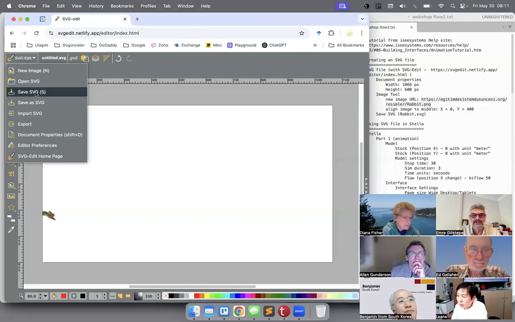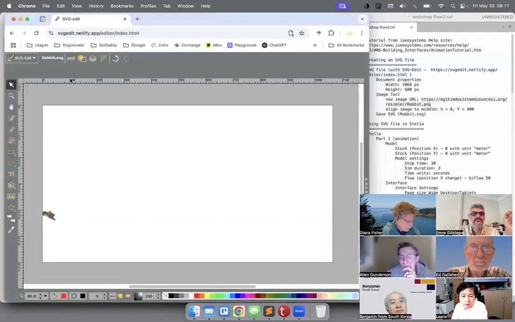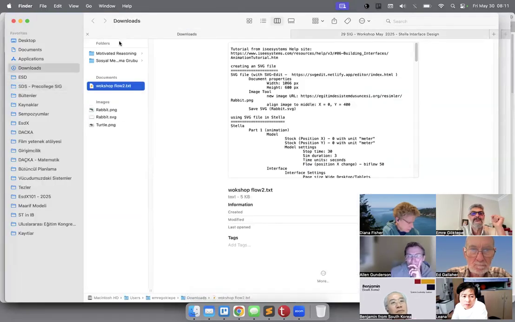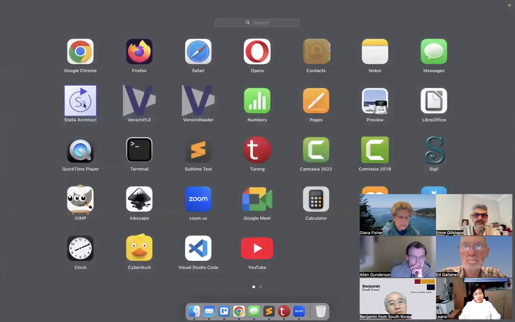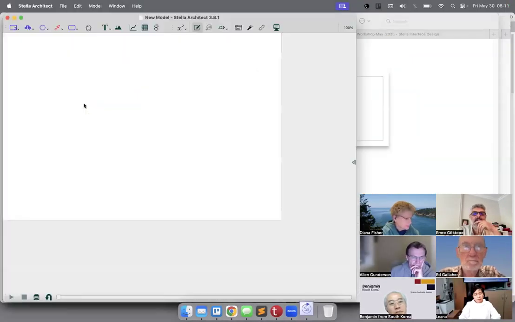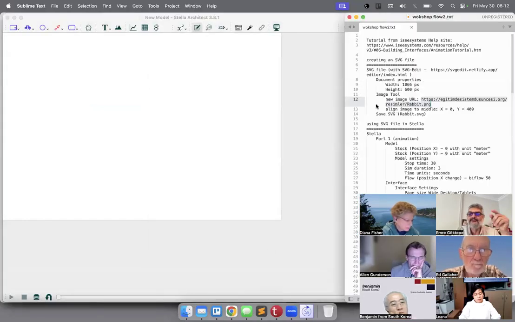This is the first time, so I can save as, and the name was rabbit.svg. So the name changed, and when I checked the downloads, I have the rabbit svg file ready to be used in Stella. So I open Stella,